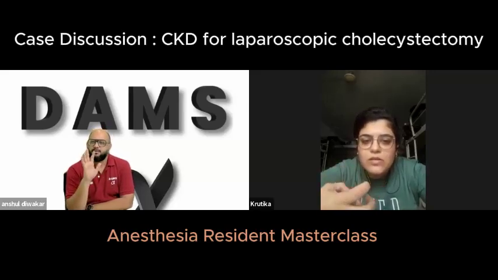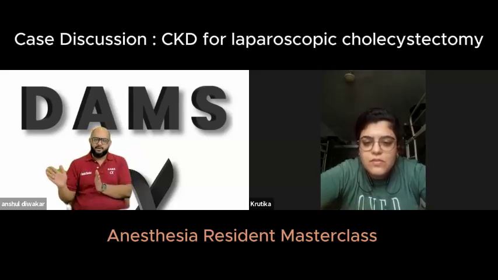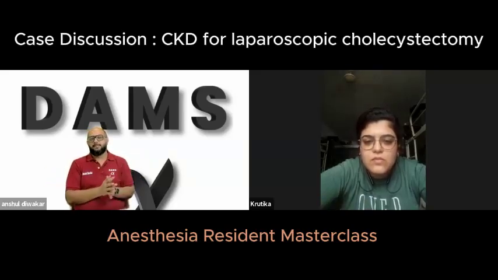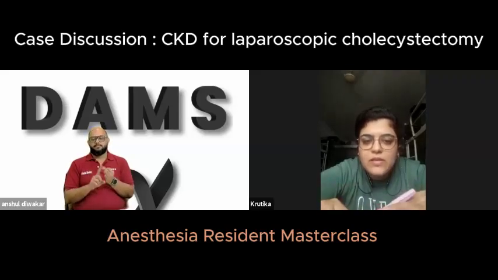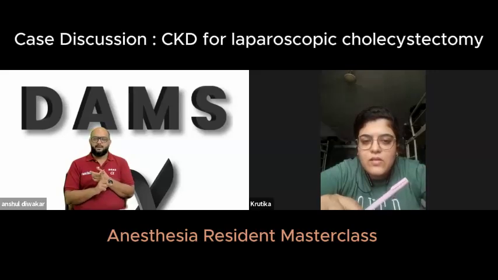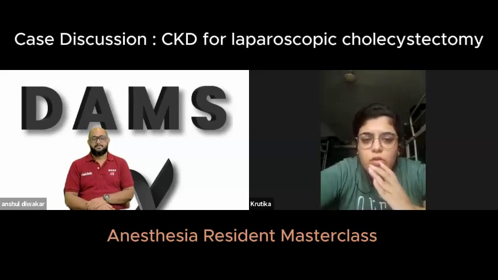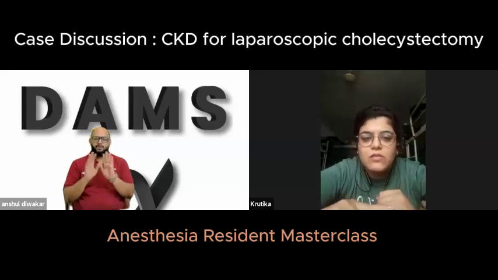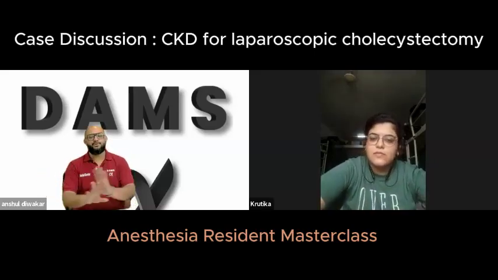Facial abnormalities. So always remember, discuss the airway in two parts: predictors of difficult bag and mask ventilation, and predictors of difficult intubation. Predictors of difficult bag and mask ventilation are edentulous, beard, obesity, elderly. Predictors of difficult intubation, the LEMON criteria. Always talk in terms of LEMON. Everybody does LEMON. You also do LEMON.